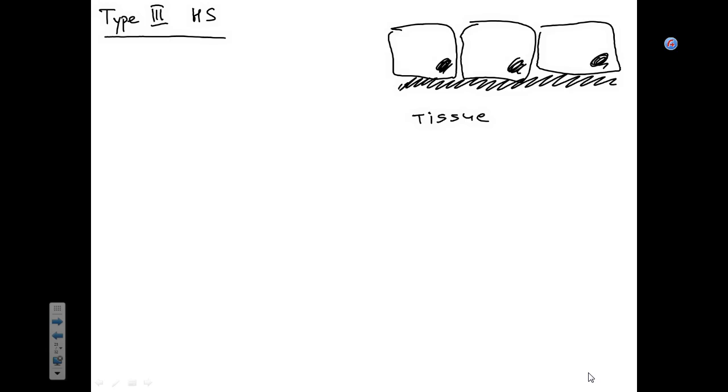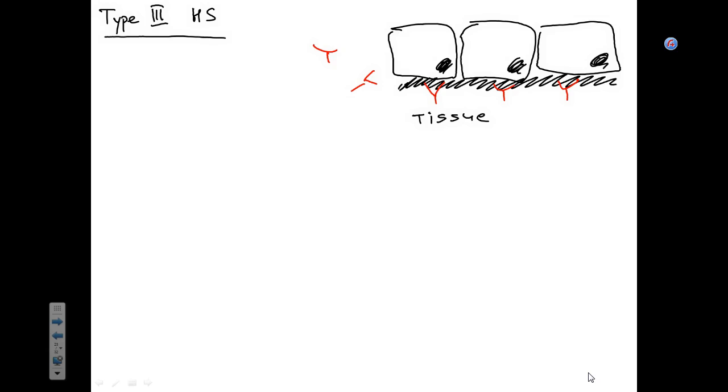Okay, remember that? So, in type 3 hypersensitivity, antibodies bind to the proteins found in the basement membrane. Collagen, laminin, and so on and so forth. And